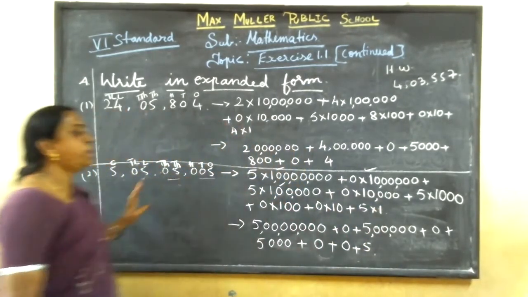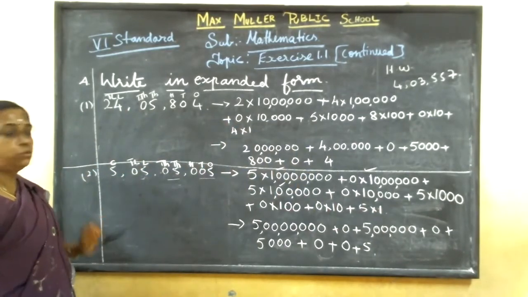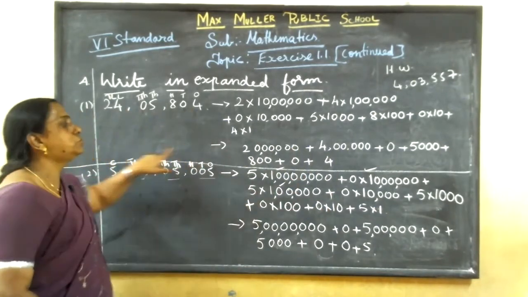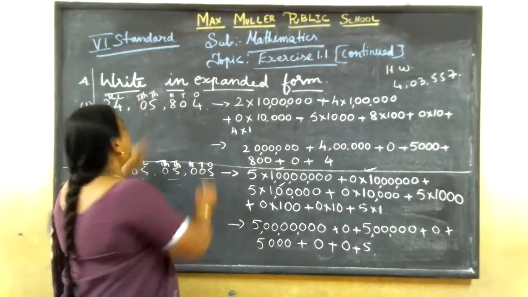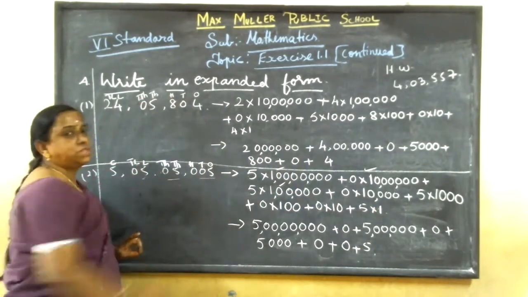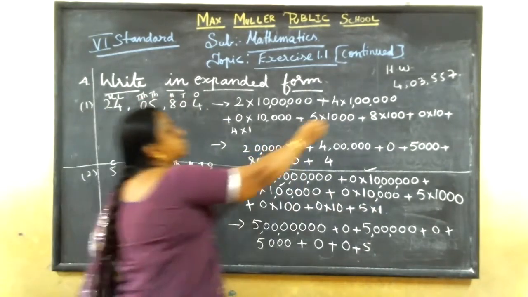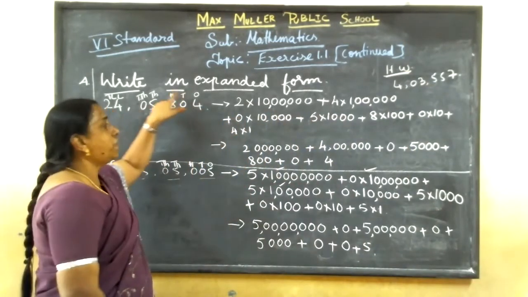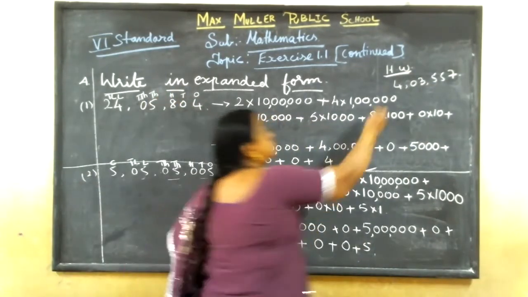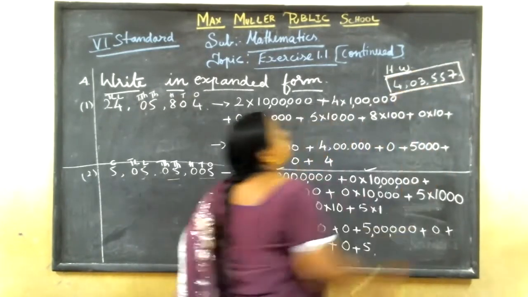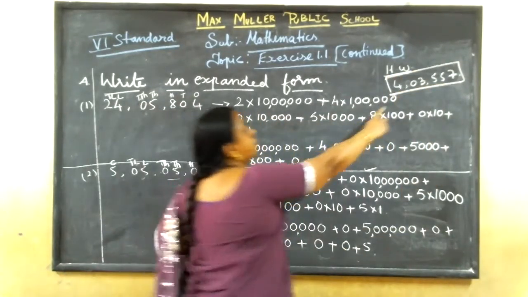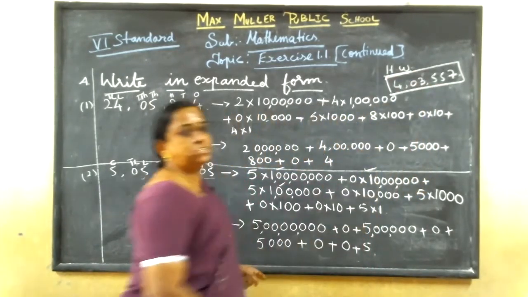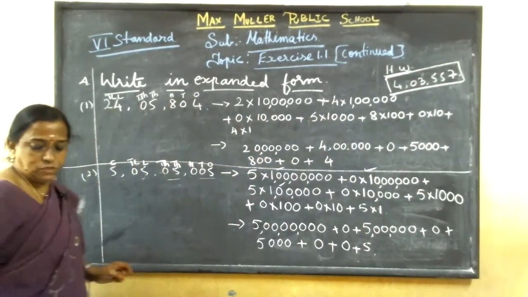Got it? How to expand? I'll give 2 minutes time. Copy in your classwork neatly. After each question's answer, you should draw a line. Same heading. You should do only 2 sums in classwork. Then this is homework, so this sum you should do in your homework book. Clear? Same heading. Don't write this sum in classwork. It's a homework question. Today's homework question is the same as that. First you see which system this is, then the right place, then expand each digit. Clear? Yes.